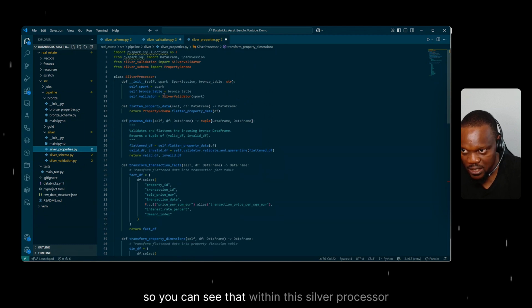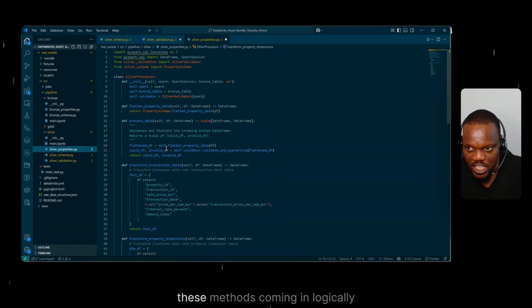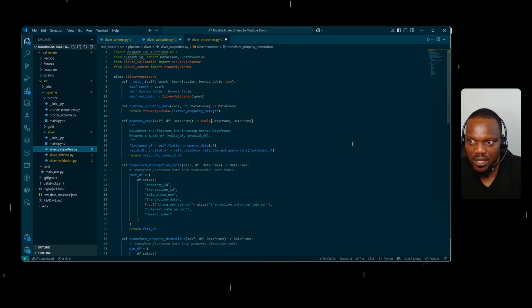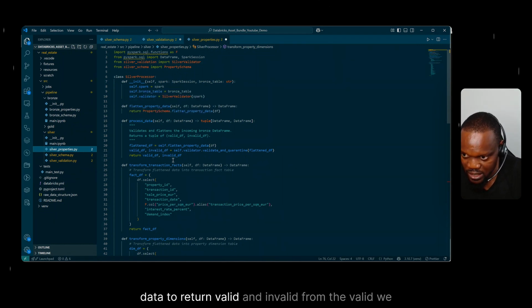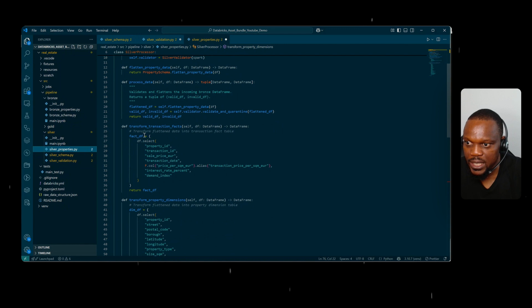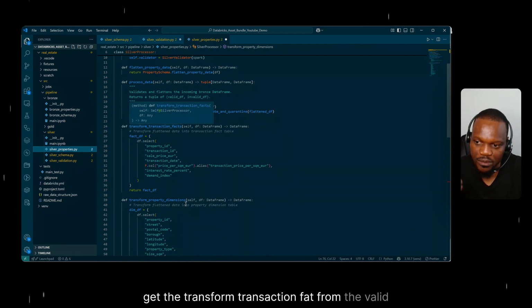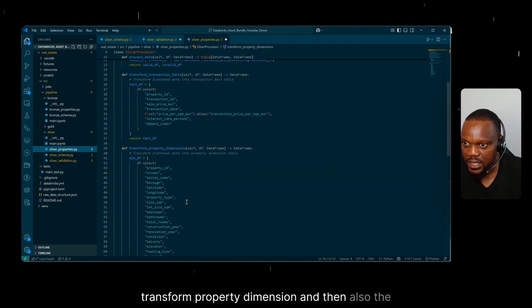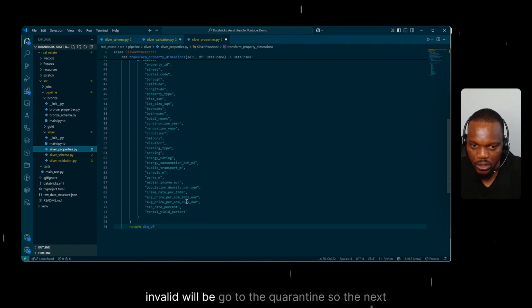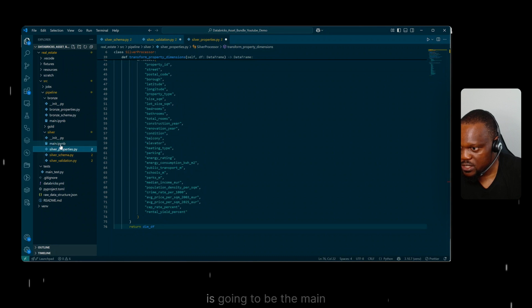So you can see that within this silver processor class, these methods come in logically. First, get the data, then flatten it, then process the data to return valid and invalid. From the valid, we get the transform transaction fact. From the valid also, we get the transform property dimension. And then the invalid will go to the quarantine. So the next is going to be the